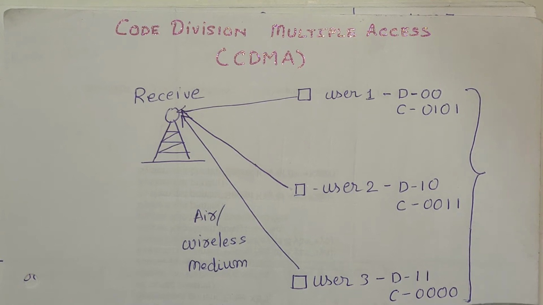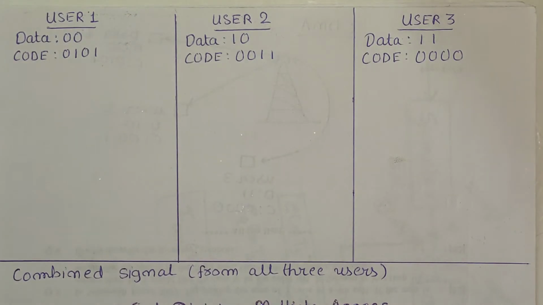So first we are going to multiply the overall signal, and that signal will be transmitted to the receiver, and at the receiver end, if you want to extract data for a particular user, you are going to use their own code word. Fine. So let us begin our process at the transmitter. Let me just show you this.